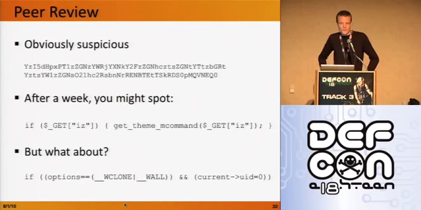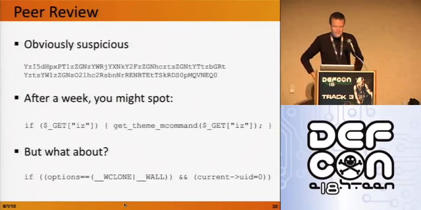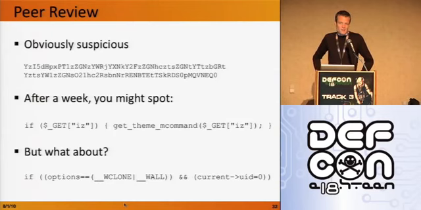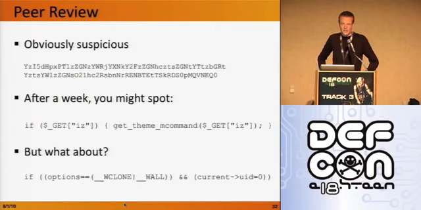I mean, maybe it's a crypto key or something interesting, but whatever it is, there aren't many of them, right? The second line is a little suspicious, but there isn't anything completely out of place there. You're checking a request parameter and then you're doing something based on the request parameter. That happens in a lot of code bases. Usually not with a hard-coded name and a very specific case like this, but that one might slip by. You know, if you came back after lunch and you were reading through code and you saw that one, you might let it go.